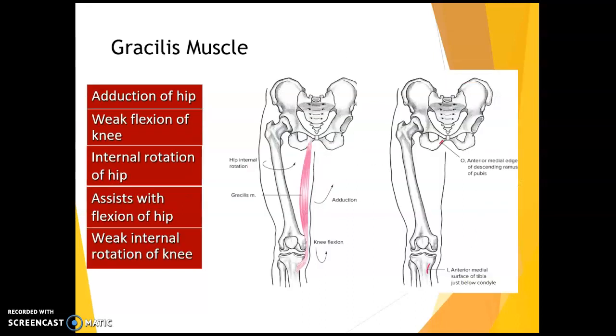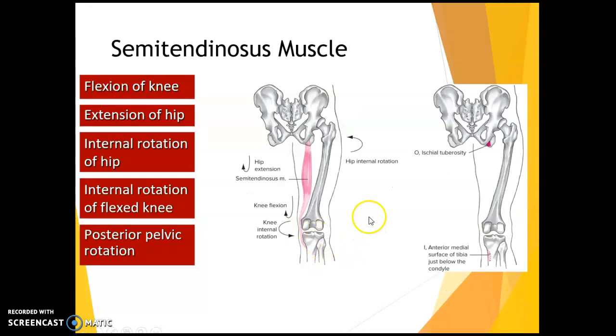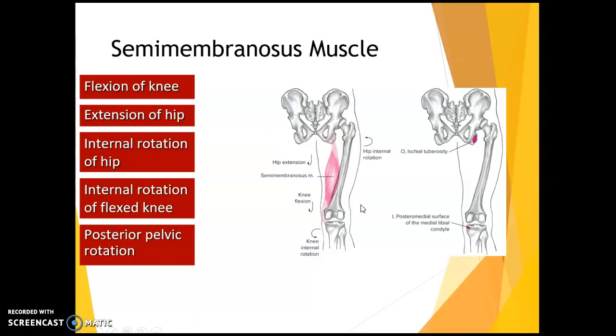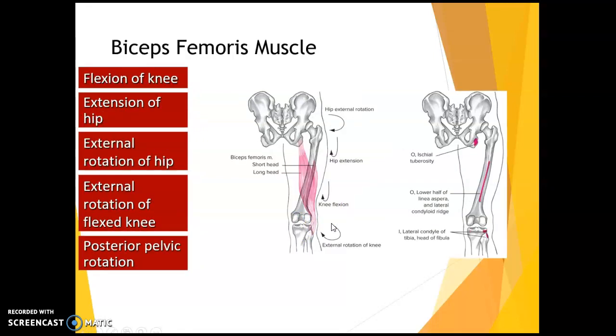Semitendinosus, now notice, you have gracilis. This is on the left side of your screen, so this is an anterior view. We go to here, semitendinosus is a hamstring, and now the leg is represented on the right side of your screen. Same thing, right? Semimembranosus, coming down on the medial aspect of the leg, outside here on the medial side of the tibia, got it. And then biceps femoris,